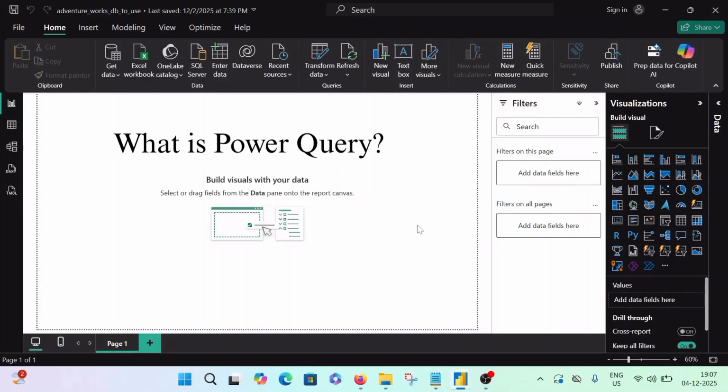Now, what is Power Query? Let's think of Power Query as basically the makeup room of Power BI. It's kind of a backstage. Raw data will come in, it will be messy, having nulls, mistakes, mismatches, and Power Query will clean up your data before it hits your beautiful report. Now, without talking much, let's just get into the practical stuff.